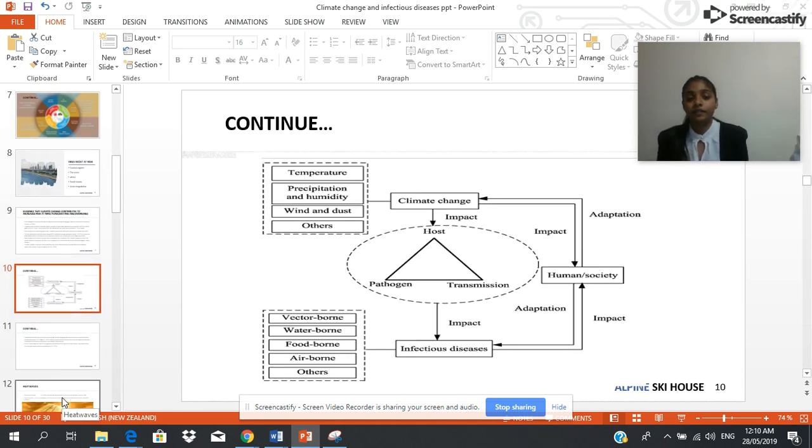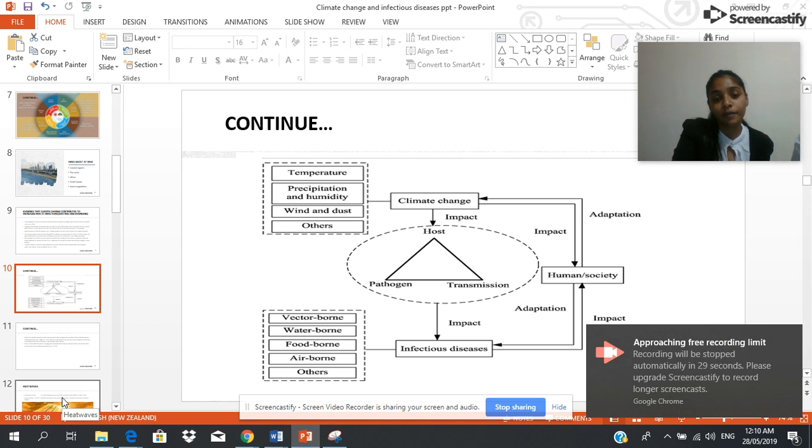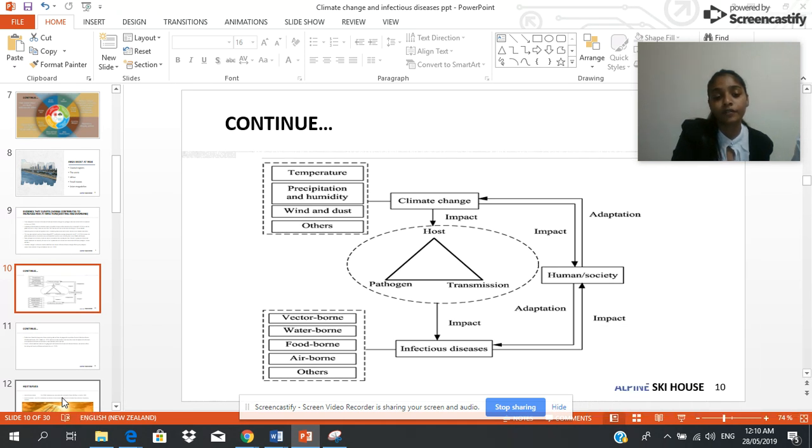This diagram shows how climate change affects infectious diseases. As we discussed before, because of climate change, temperature, precipitation, and wind dust will increase, and it will directly affect vector-borne disease, waterborne disease, foodborne disease, and airborne disease as well. So the rest of the presentation will be